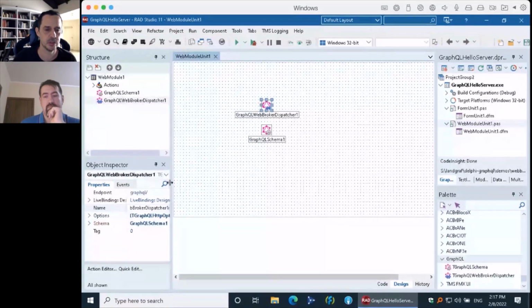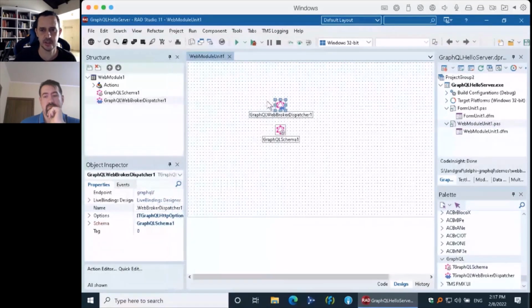This web broker dispatcher is the component that will serve GraphQL over HTTP using web broker. In the future we might have other components like GraphQL Sparkle dispatcher, GraphQL Indy dispatcher, maybe, if that's interesting. For now, we think that web broker is enough. And even though there is no component, there are internal classes that you can use for serving HTTP with any framework. It's not visual here.